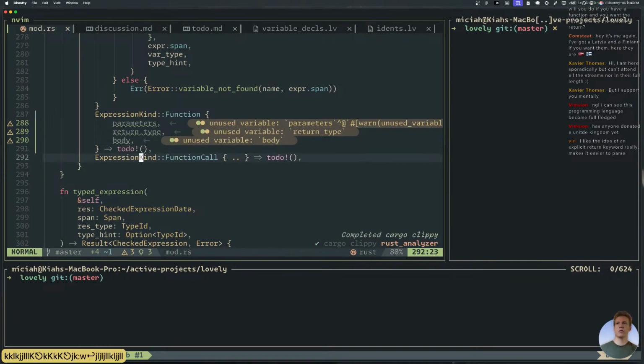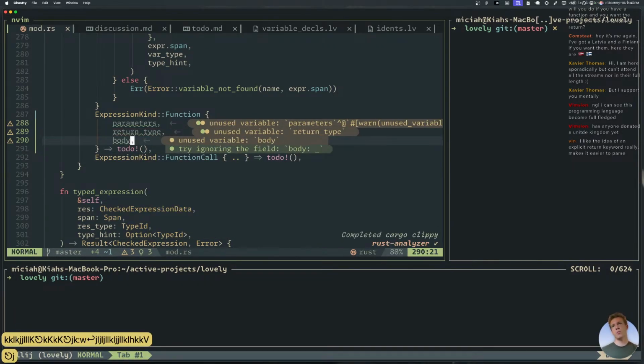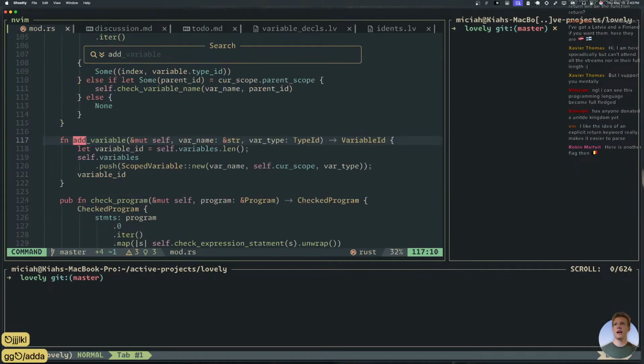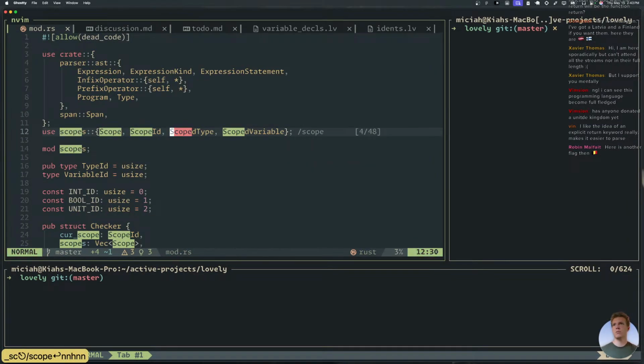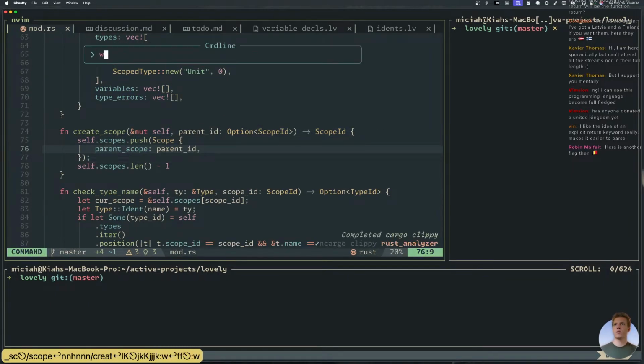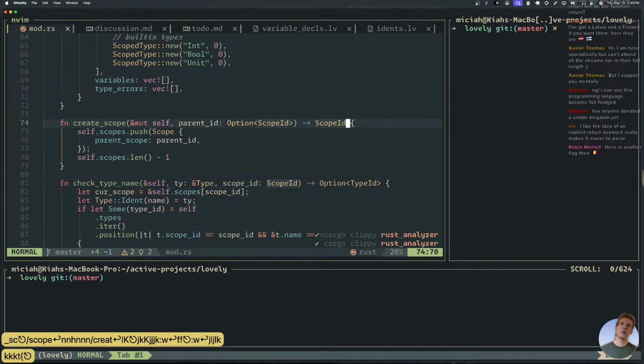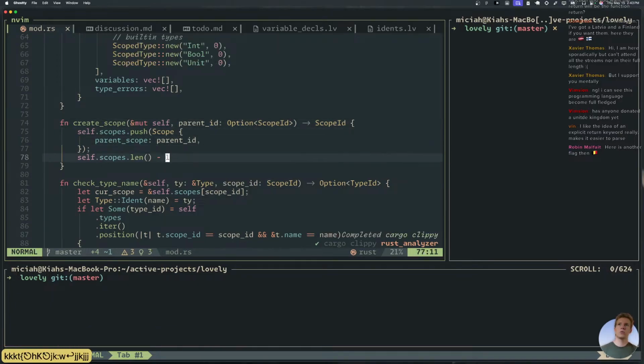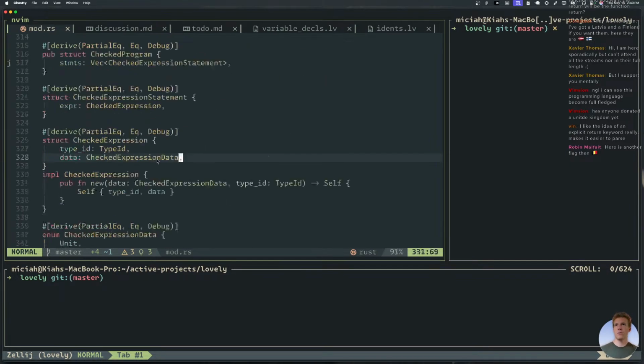Alright, so we just need to work with what we got here. Well, we also need to create a new scope. Ooh, this is interesting. I have an add scope, don't I? Add scope, create scope. Here we go. So create scope creates a scope. Returns a scope ID actually. Cool, that's really cool actually. So we'll start by creating a new scope.